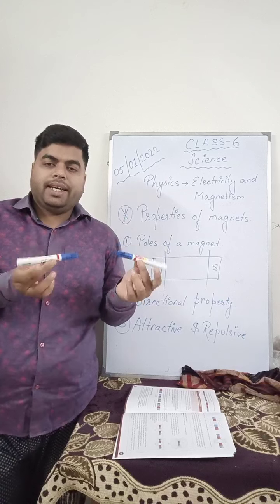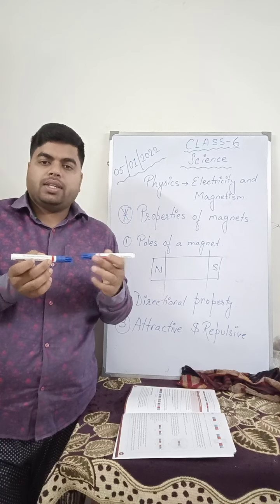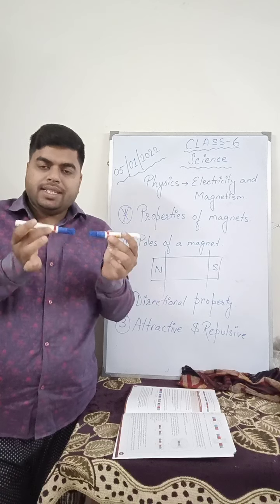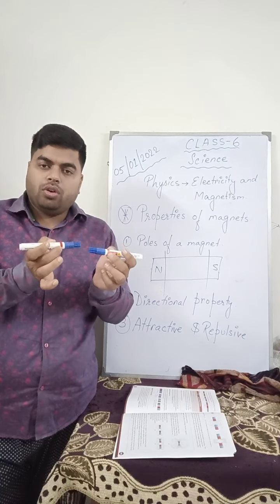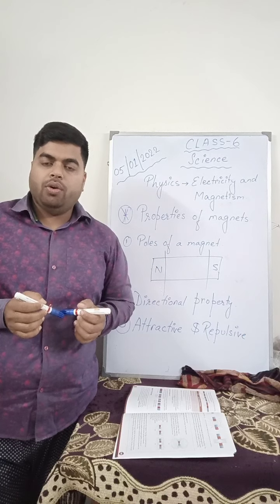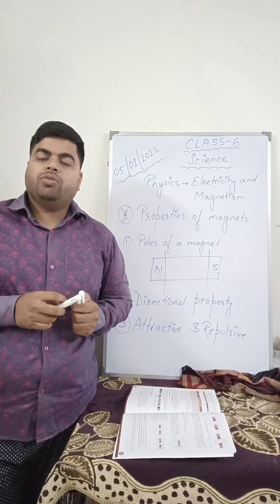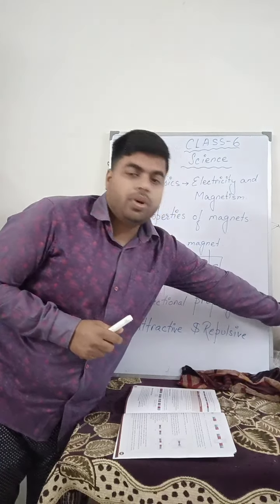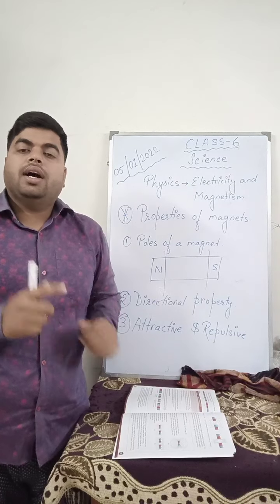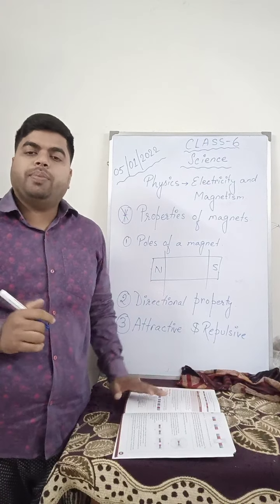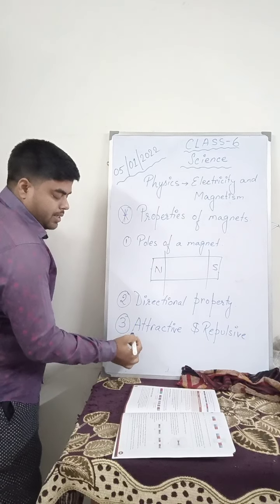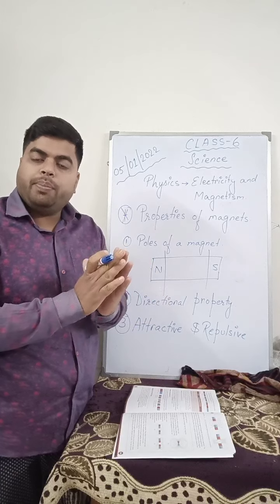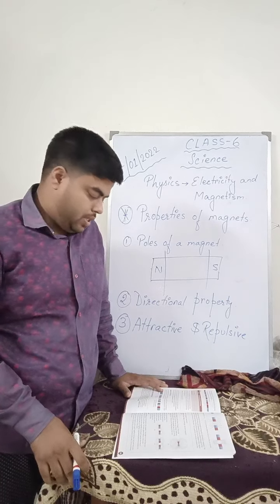Suppose we take these as two magnets, the blue side of the marker will never attract each other. Same poles, that is north and north pole, will always repel. That means they will always move away from each other. And south poles will move away from each other. Now, unlike poles attract, that means north pole and south pole attract each other, and like poles will always repel. And that is why a magnet has a property of attractiveness. It can attract as well as it can repulse, meaning it can move away from each other.